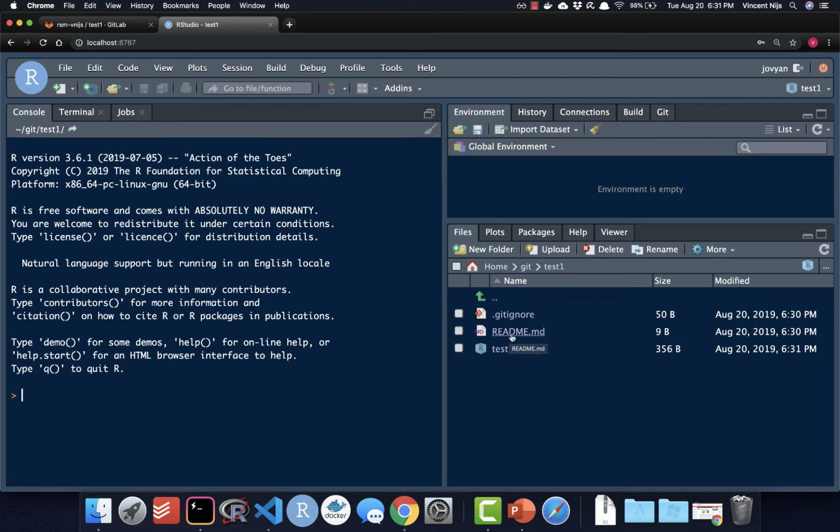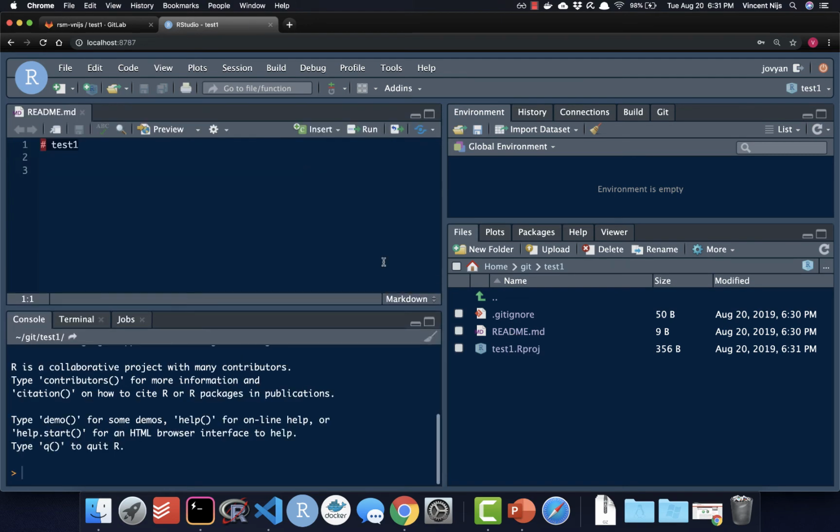Now initially it only had the readme.md file in it, right? That's the one that we already looked at. It just has test1 in it. And because it didn't see a git ignore file, it added that. And it also added this test1 rproj file. Now that is one where if you're not already in a project,